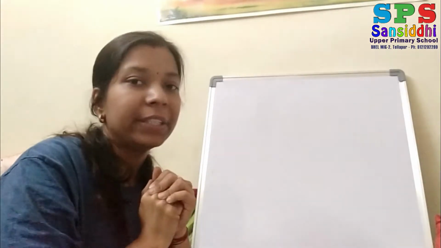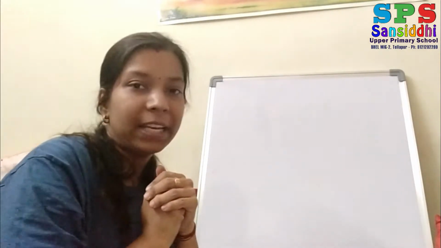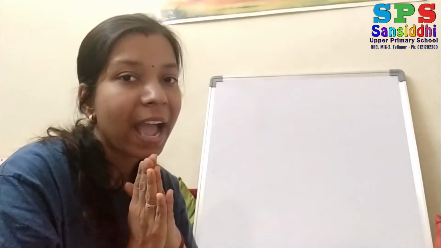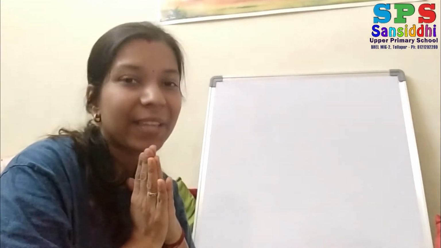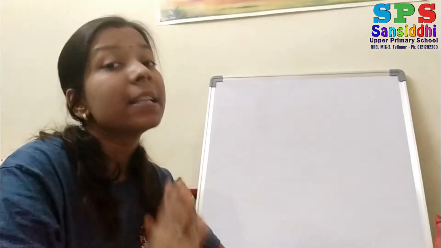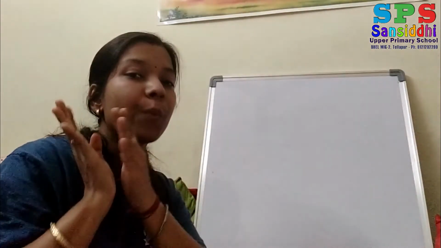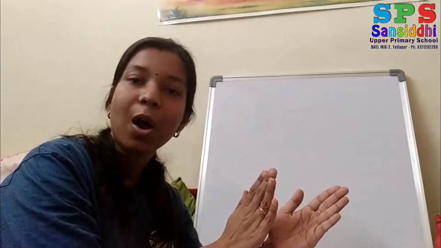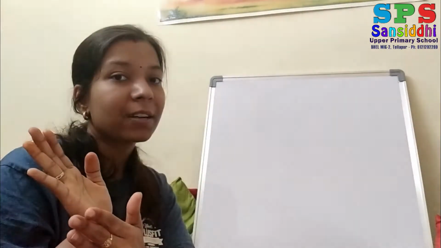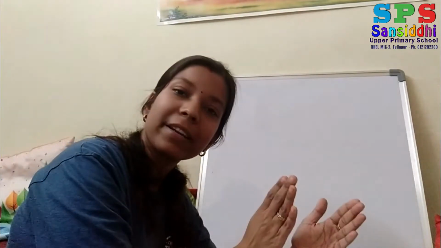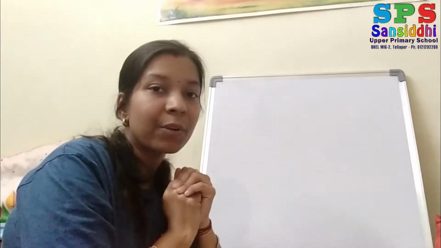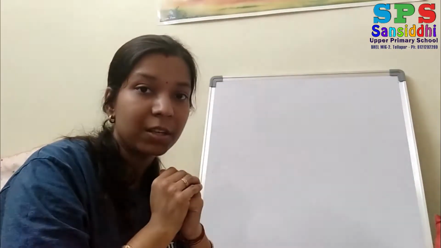So before learning that, I will tell you how many letters we have. Yes, we have 26 letters. In letters, two patterns are there. One is capital and one is small. So we will learn capital letters and we will also learn small letters. Okay, and now we have to learn all the letters at a time.